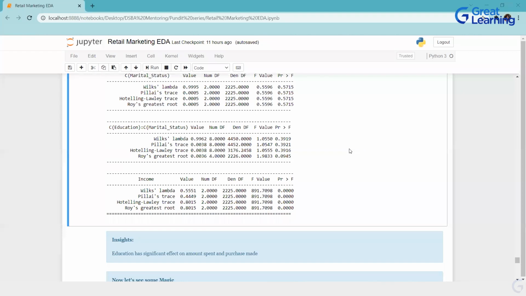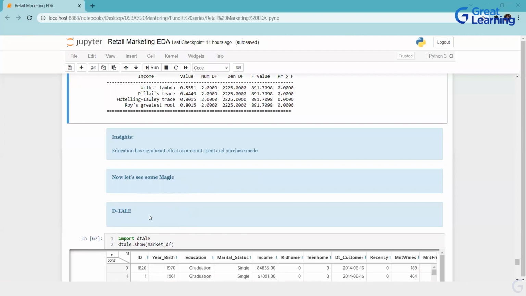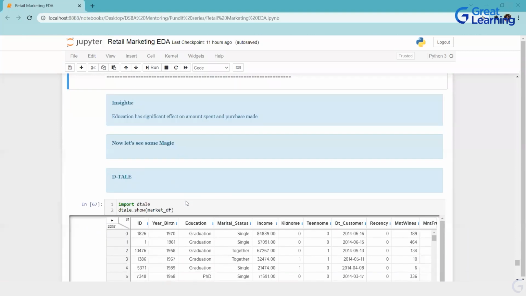And guys, remember, EDA is the most important part that you have. Thus, you need to understand what EDA is telling you. Unless you understand the data, unless you talk to your data, you won't be able to create good models. So the first library that I'm going to show, you might know it, but let me introduce it to people who haven't used it. The first library is Dtale.